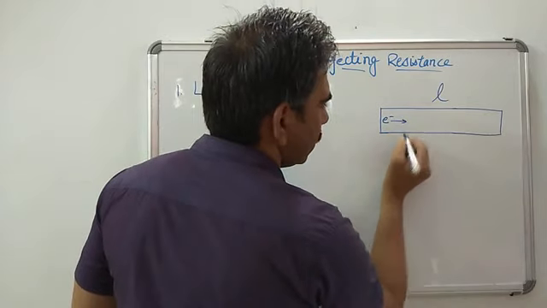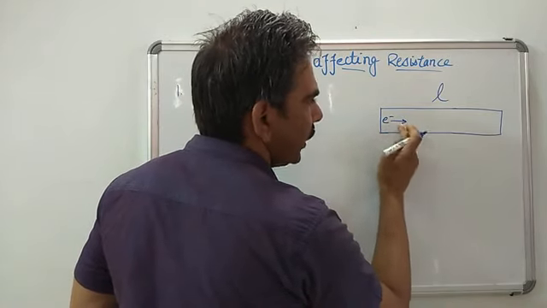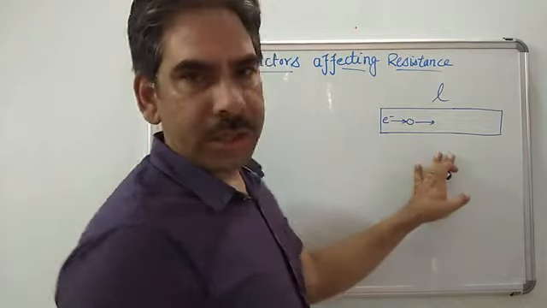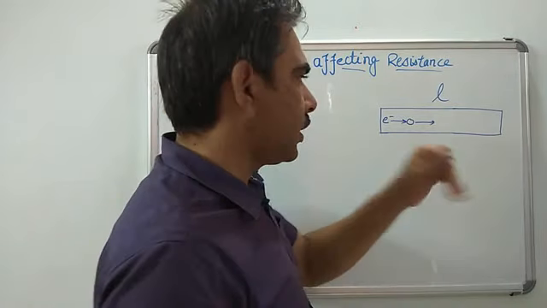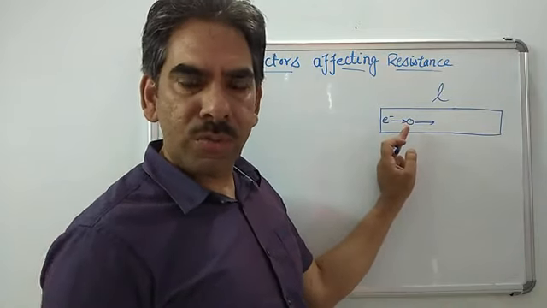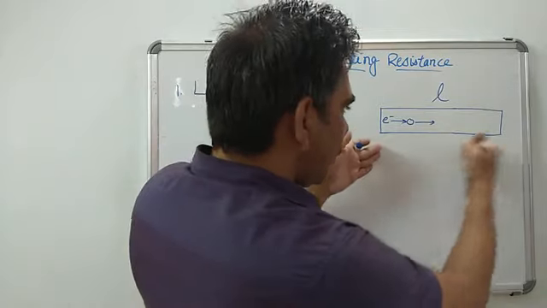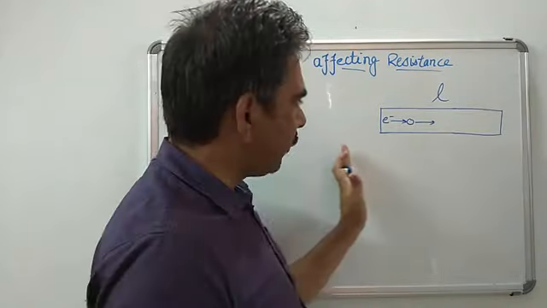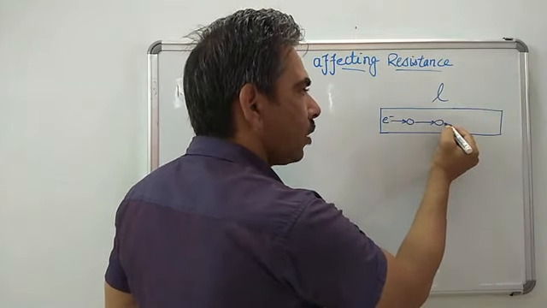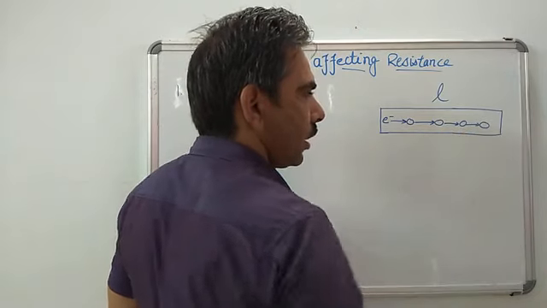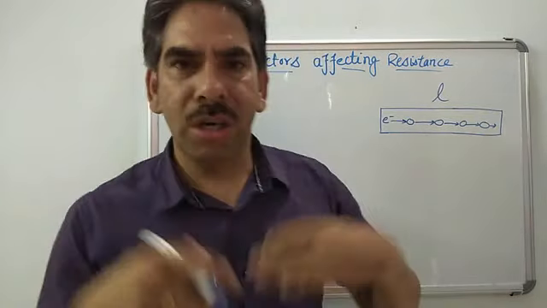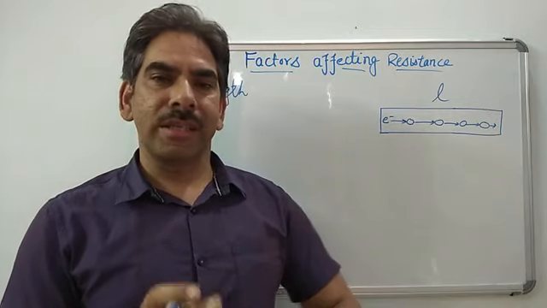During the motion of this electron, in its path it faces collisions with other atoms of the conductor, or ions of the conductor, or other particles present in the conductor, due to which the motion of this electron is opposed, hence the flow of current is opposed, which we call the resistance. Whenever we have a long conductor, that means the electron will face more number of collisions during its motion, right? Because the length of the conductor is more, it will face more collisions, and more collisions simply mean more resistance.